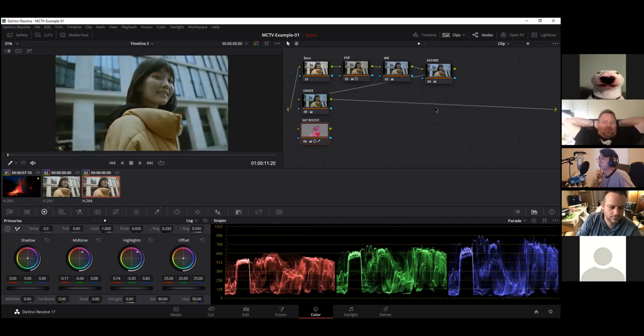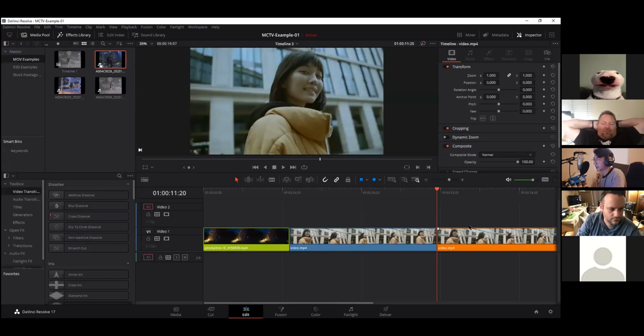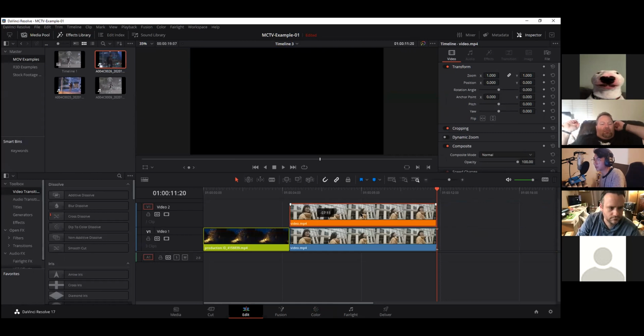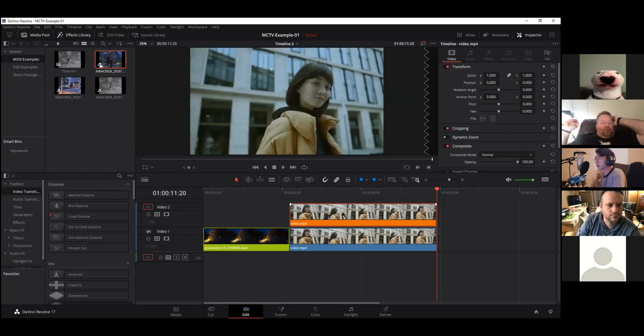We like to comp the 2 nodes, and the way to do that is with a parallel mixer. So if you don't know what comping is, think about it like if we're in our edit tab here, and I have 2 clips right over one another, and